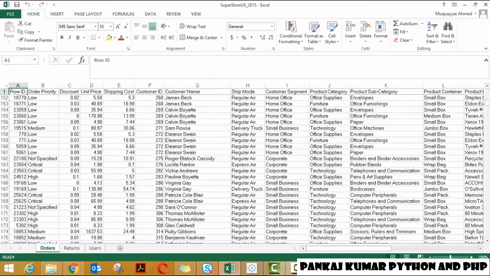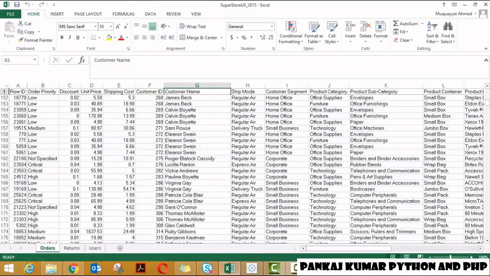Let us explore a few variables. This is the row ID which is assigned to each order, and this is the order priority, which is low, medium, critical or high. This is the discount they have offered. This is the unit price in dollars, which is $5.58. This is the shipping cost, and this is the customer ID. The customer ID is the unique ID provided to each customer, and it may repeat in this data set because each customer may order multiple times.